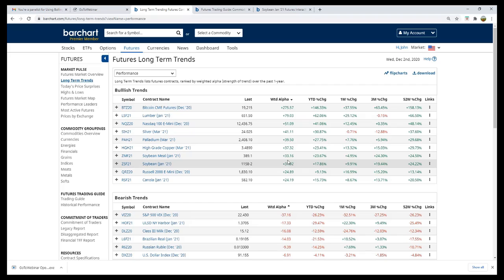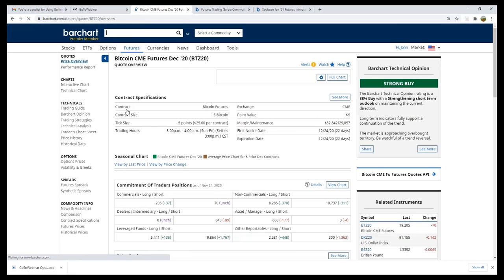All right. The next thing that we're going to do is, just because we see a market and we see a dominant trend or we see a nice alpha that we like, we just don't jump into those markets. And we need to make some qualifications or some criteria to tell us if we can, or do we want to trade those markets. So for instance, I'll go back to Bitcoin here. If I click on the Bitcoin symbol,